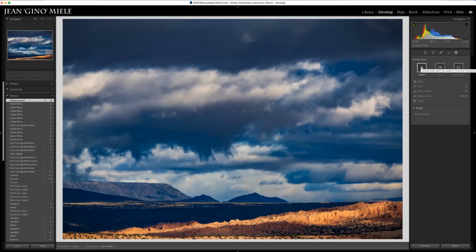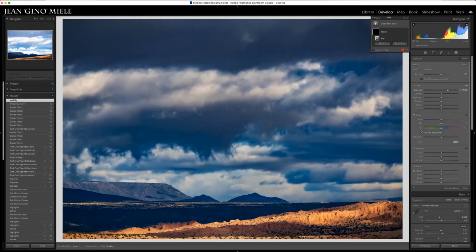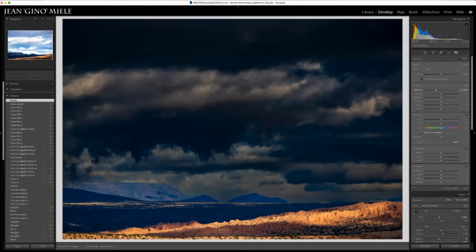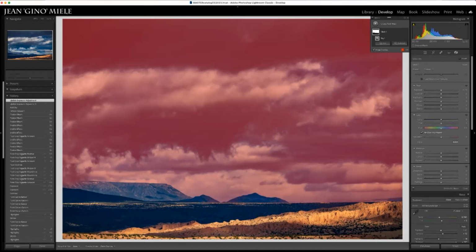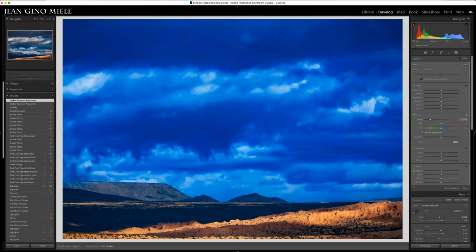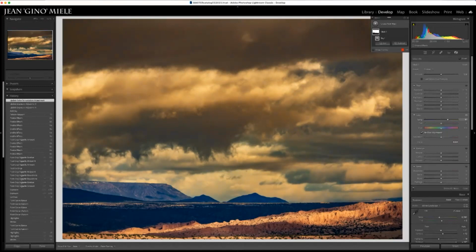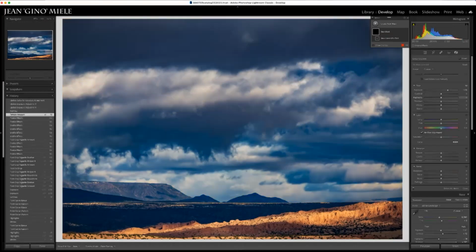Another reason is, for instance, with the sky, generally speaking, if we select the sky and we do an adjustment, it's going to adjust the sky uniformly. And the sky is not generally a uniform place visually. It's almost always lighter at the bottom and darker at the top. And so a linear gradient is probably a better choice. So I'm going to just go back in my history, I'm going to select a linear gradient,